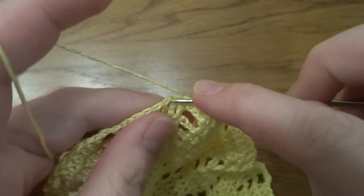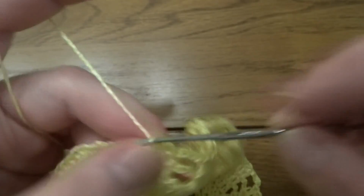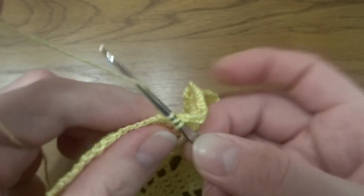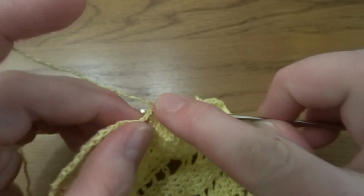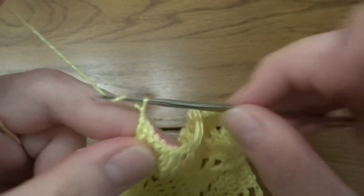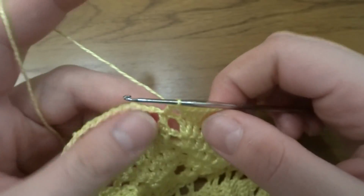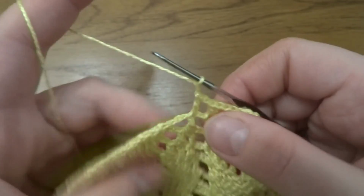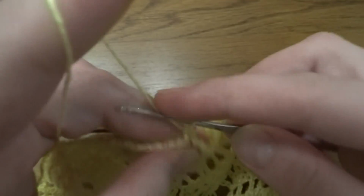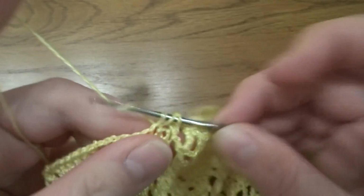1, 2, 3, 4, 5, into the last one, 2 double crochets in 1 stitch, 1 and 2, chain of 2, 1 and 2, 1 double crochet into the first stitch, then chain of 2, and again 2 double crochets into the first stitch, 1 and 2, and then 1 double crochet in each stitch,